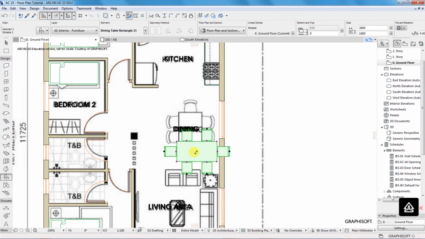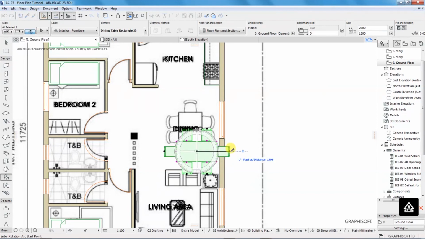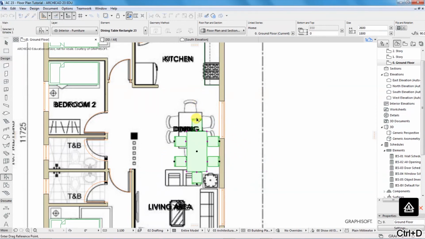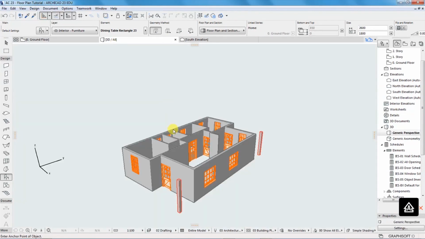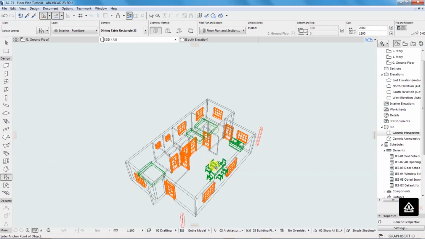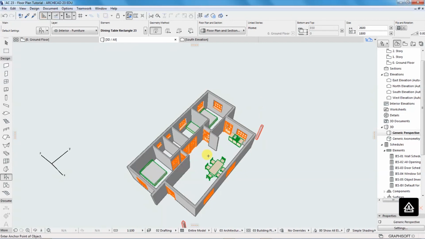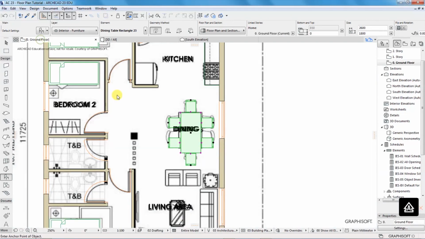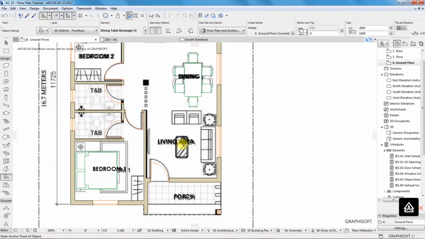I'll select it and rotate it to position. Now move it from here to somewhere that point. So that is done. As you can see, that is it. We go back to the floor plan, and for the living area we want